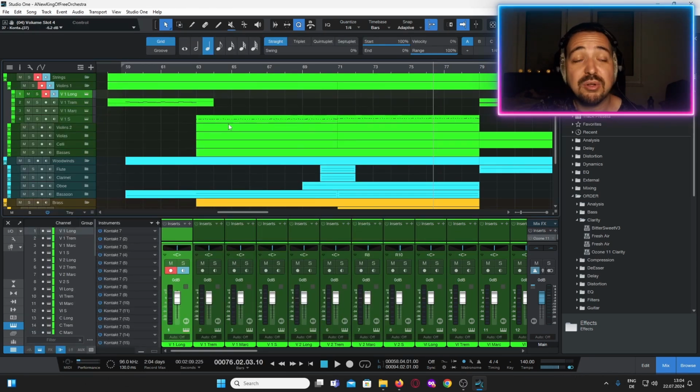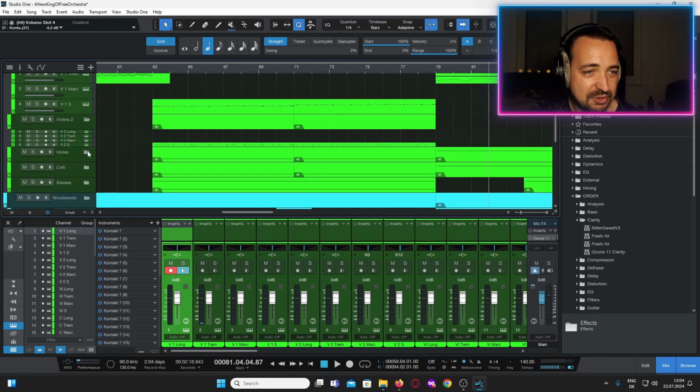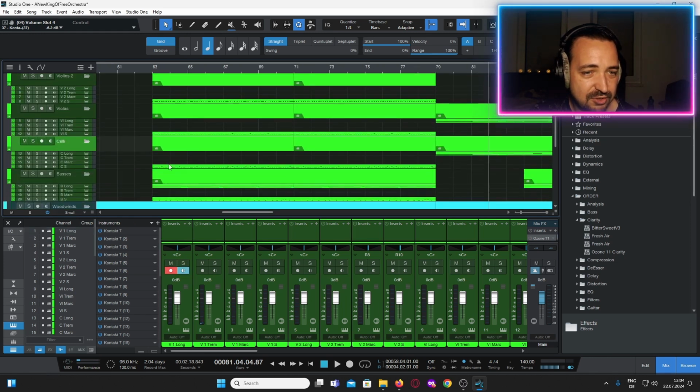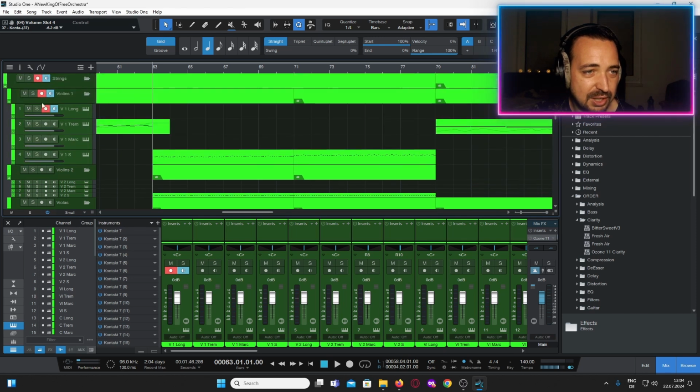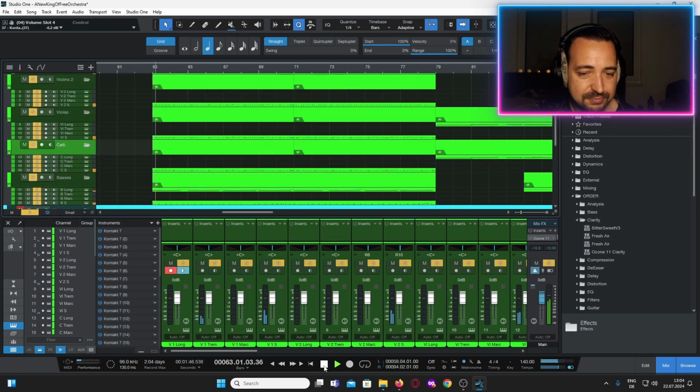And I wrote a little orchestral piece because that's what I do. If I want to figure out how an orchestra sounds, I write a little demo cue. So we're going to play through the demo cue in a second. One of the first things I did after separating all of the strings like so is I created my own little ostinato, which sounds like this.